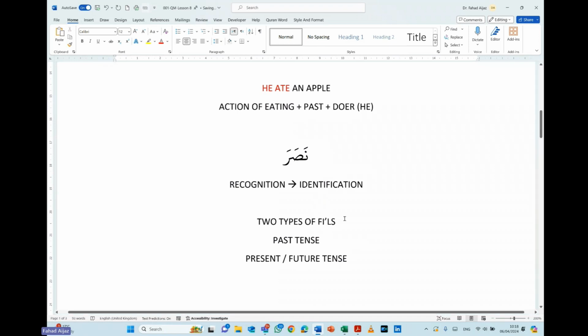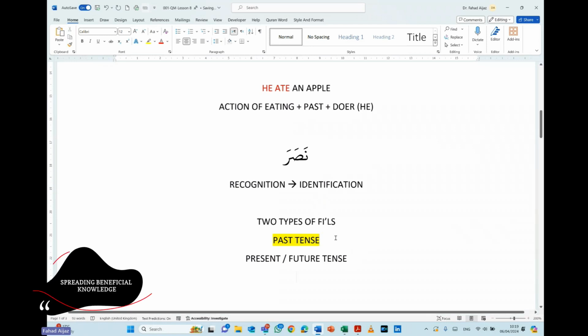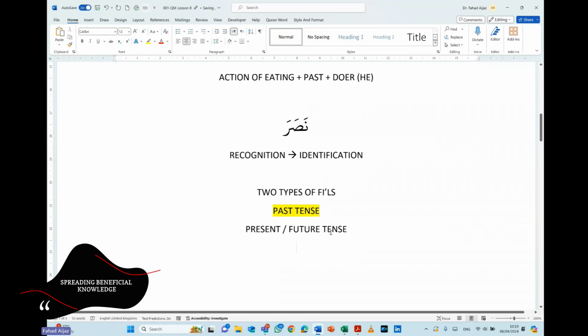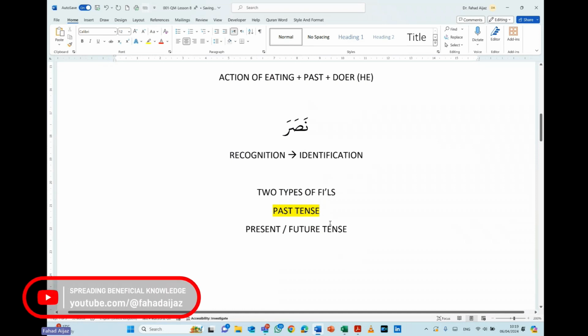Okay, and from the present tense and future tense fails, in the future we will see it derives a few more categories of fails, which we will inshallah do later on in our study. Okay, so we will start with the past tense fails. Today we're going to cover the past tense fail. Okay? And this word nasara is going to be our template fail to learn about fail. Okay, so inshallah we'll use this one. So almost all the fails, more than 95% of the fails in Arabic